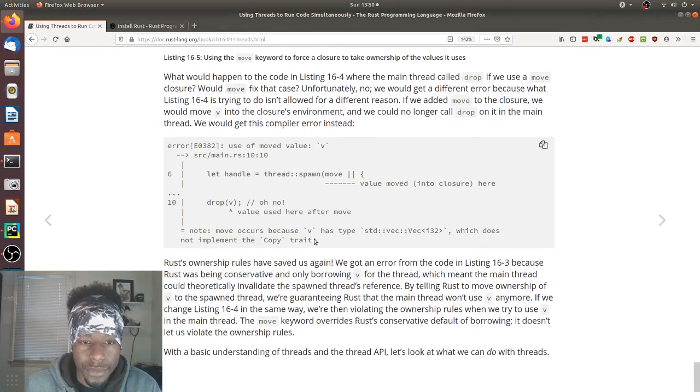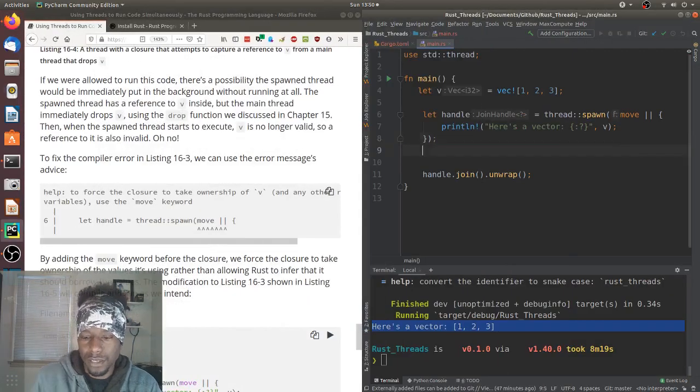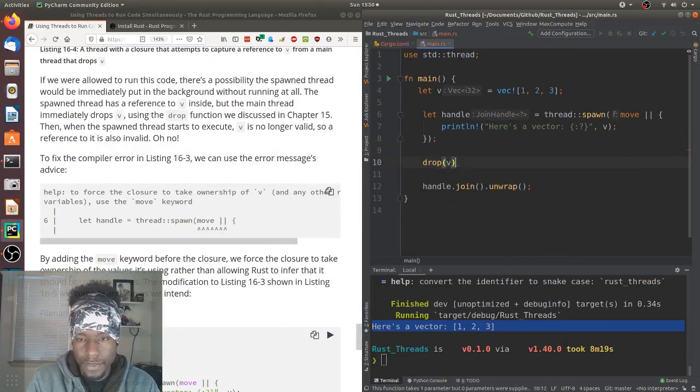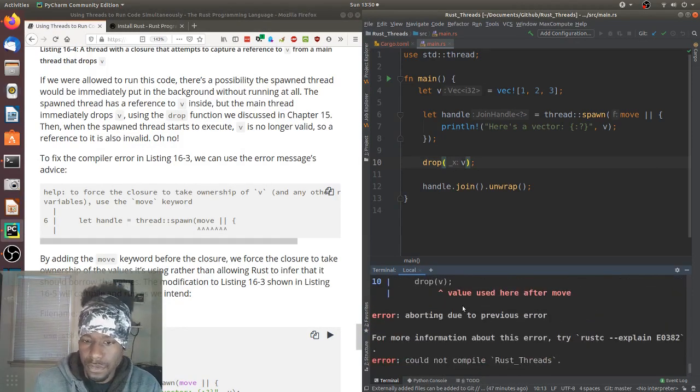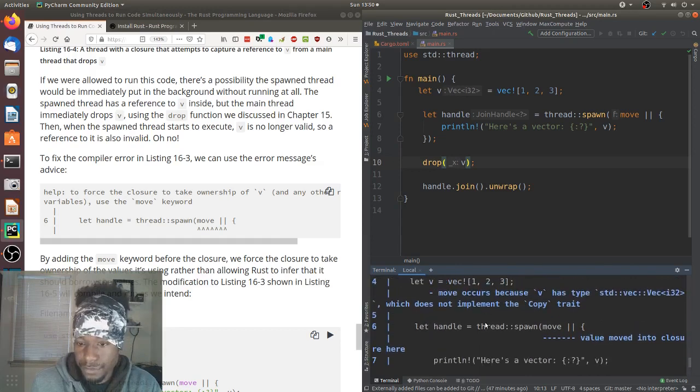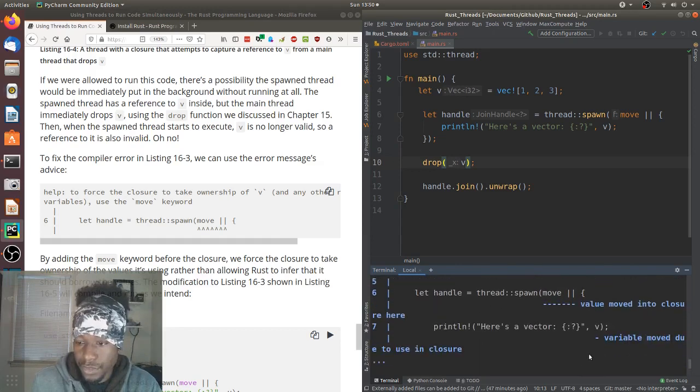And the error that they will show is this. Actually, I'm not even sure that's the error they'll show. Let's validate that. Drop v. And that's more or less what they showed. Yeah, it was moved into the closure.